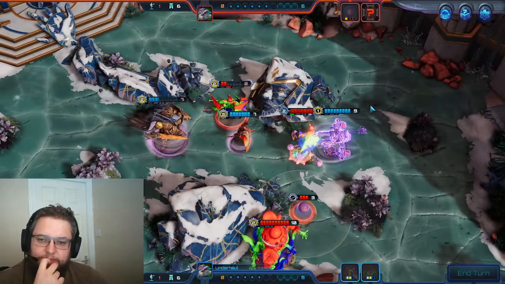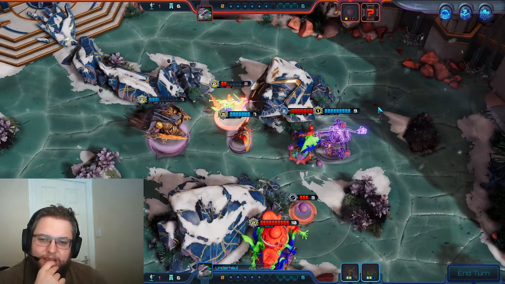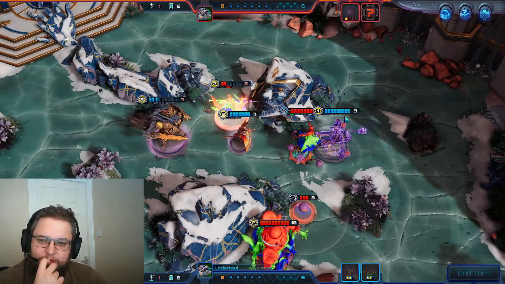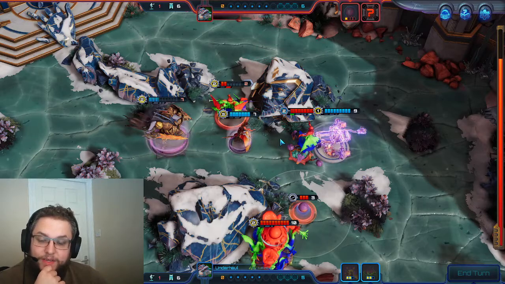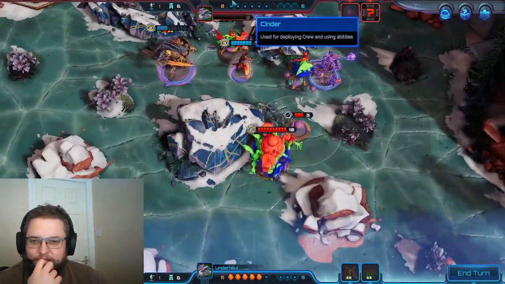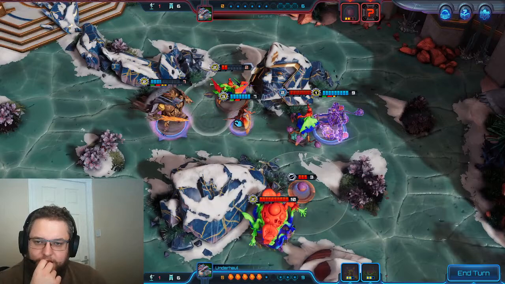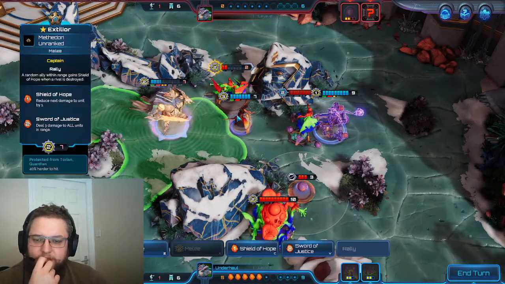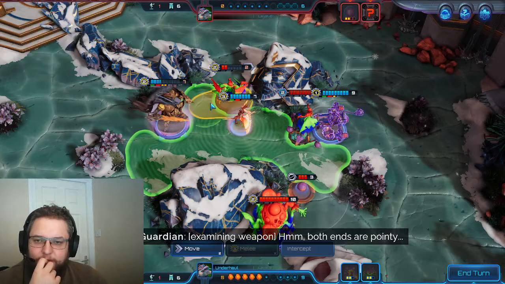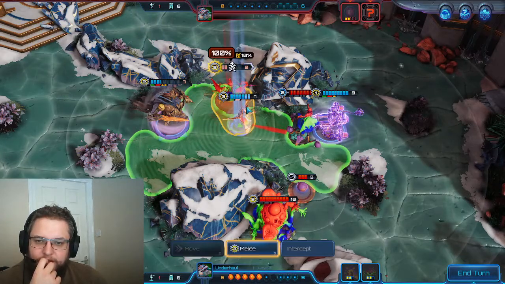Oh, these... We're getting hit every time. I mean, this is going to be the interesting part here. I think they don't attack. Yeah, not attacking I think was correct there. So I think what we do is we send Extilior to... Oh no, because it reduces it by 1. Both ends are pointy. So I do actually think in that case...